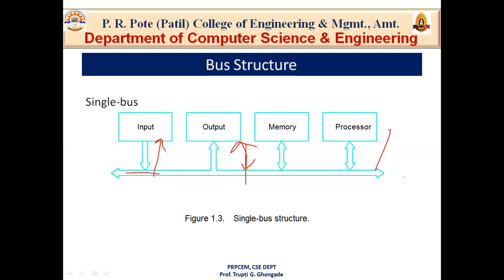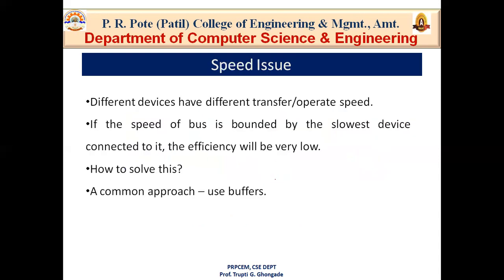A system can contain multiple buses, achieving more concurrency in operations by allowing two or more transfers to be carried out at the same time. So this leads to better performance, but at an increased cost. So this is a single bus, but if we want to transfer multiple data or achieve more concurrency in operation, we have to add more buses to this, which is a very costly process.